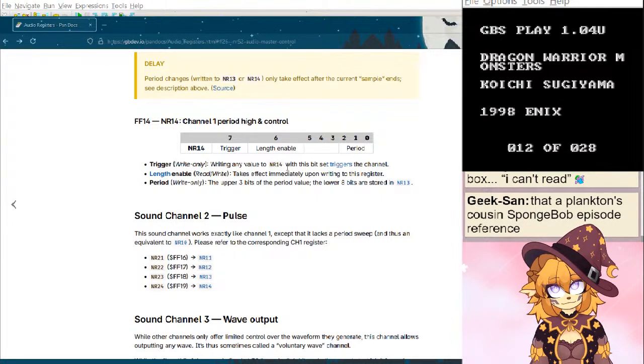Writing any value to NR14 with this bit triggers this channel. Well, we are writing to it. But we're making the length 0 and the period 0 as well.